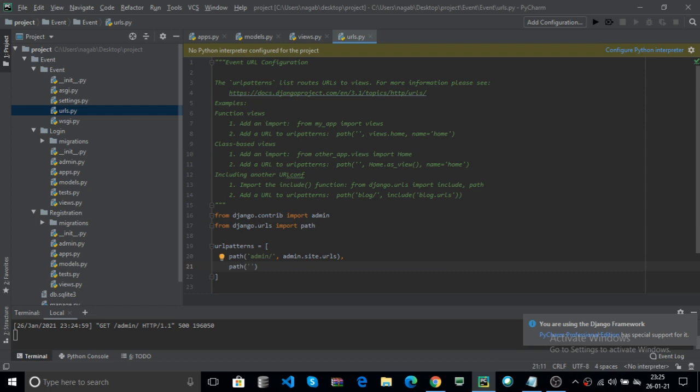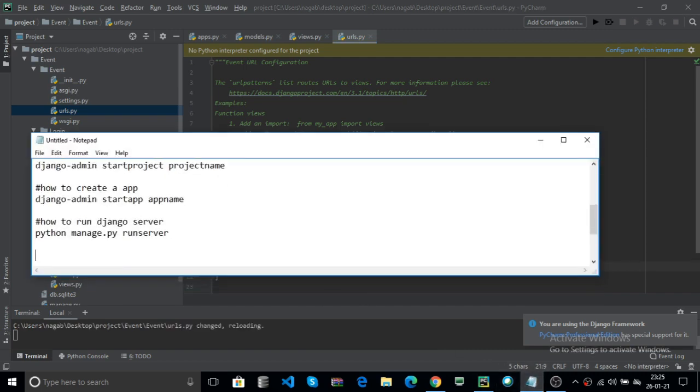For example, registration. Here in that you can pass path parameters. The path contains 4 parameters. Here you specify the path per your request.